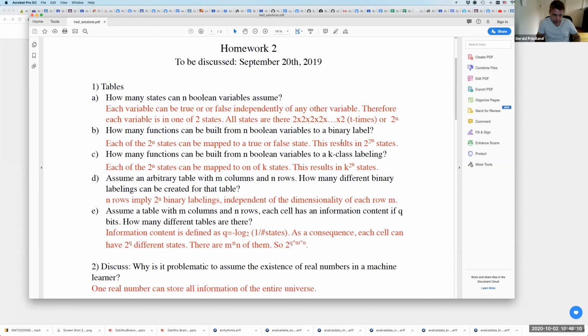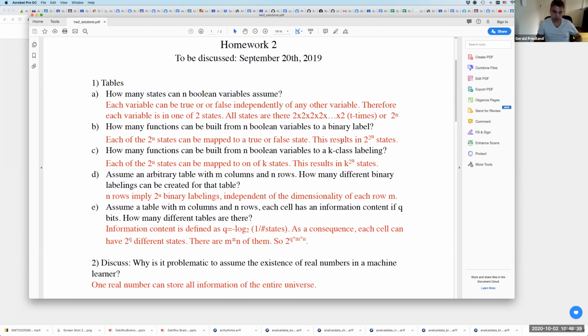so no, that's not right. Because the columns don't matter, it's 2 to the power of q times n. Okay, forget m. Oh, how many different tables are there? Okay, then you have to put m in there. Exactly, sorry. So my solution is correct because the question is how many different tables are there. If you ask for the different tables, then of course, with the number of attributes, you could have different tables. So it's a slightly different question. Okay, sorry for the confusion.